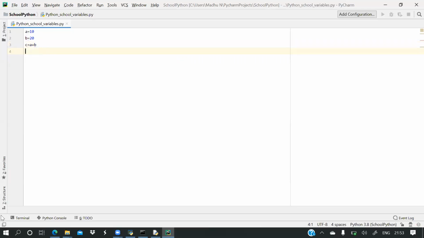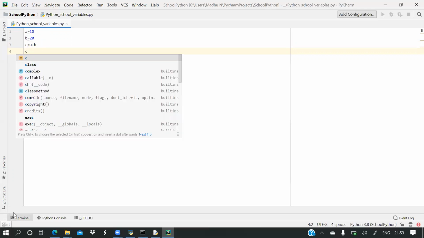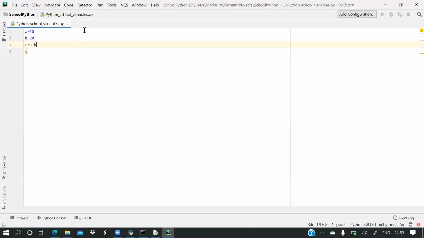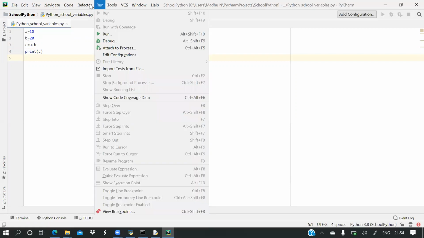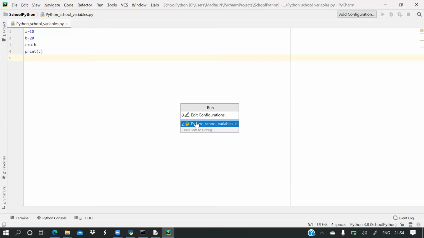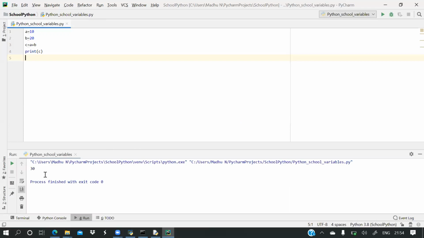Now here, unlike the command prompt or Python shell or IDLE, you have to write a print statement, otherwise it will not show the output. See here, if I write it, see, this is the output, 30. Got it?